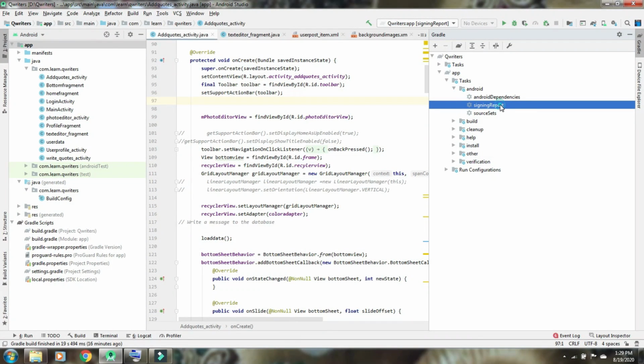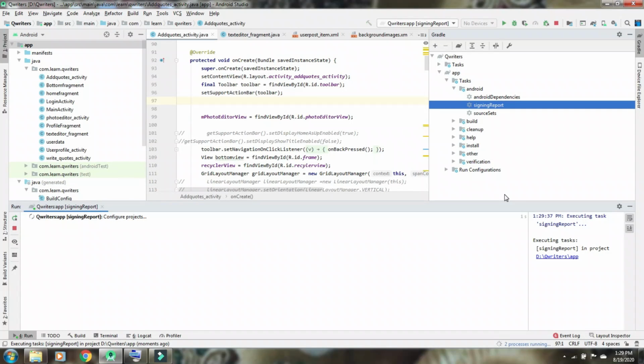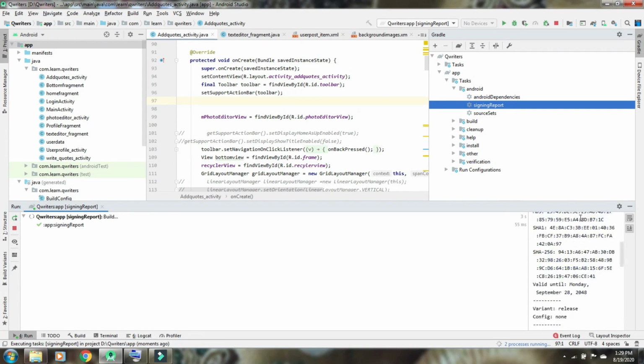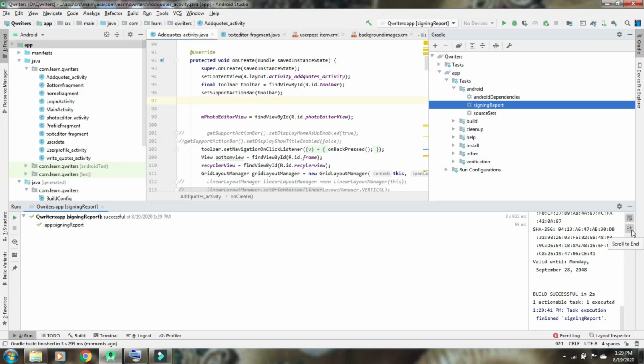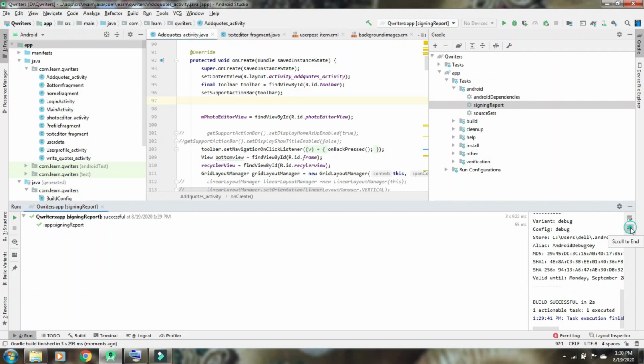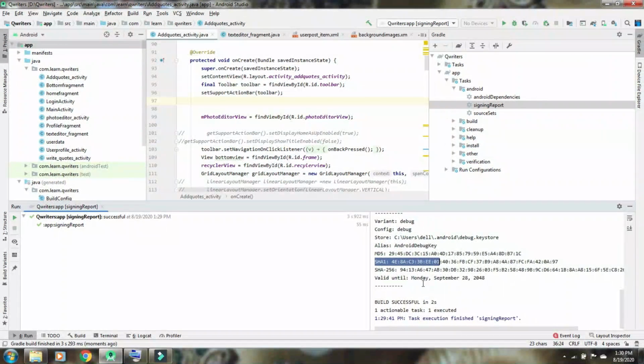Click on sign in report, and here Gradle build will be starting, and here you can see, here you will find this second option and these two options. Here you will find SHA1 key, this SHA1. If you want, you can expand this like this, and here you will find your SHA1 key. Copy this key